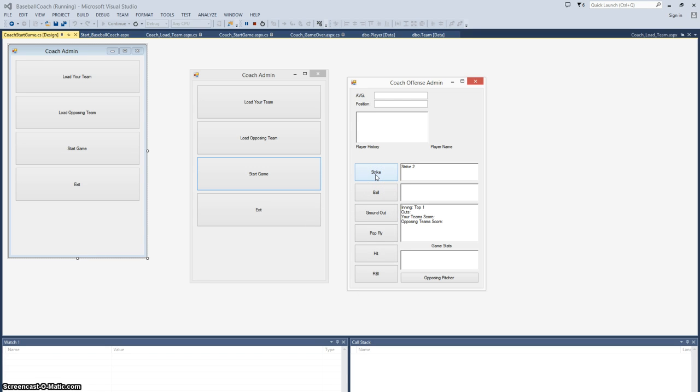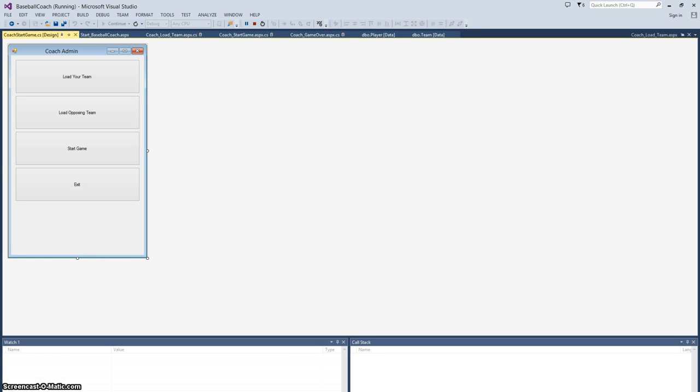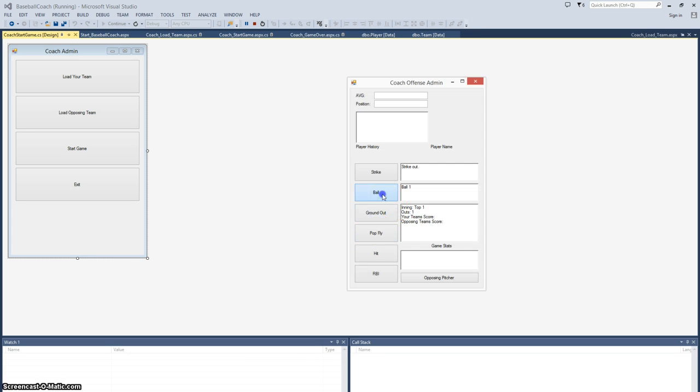I built in a little bit more user validation on this one. See, we got a strike out and we got an out here. Same thing will work for balls. Should be a walk after 4, and a ground out will give us an out, a pop fly will give us an out,